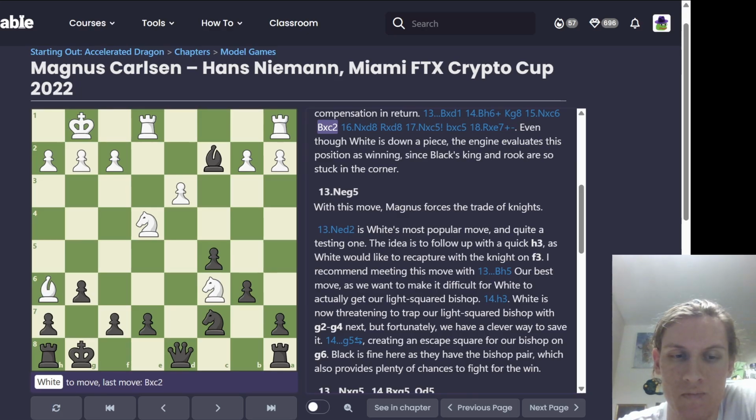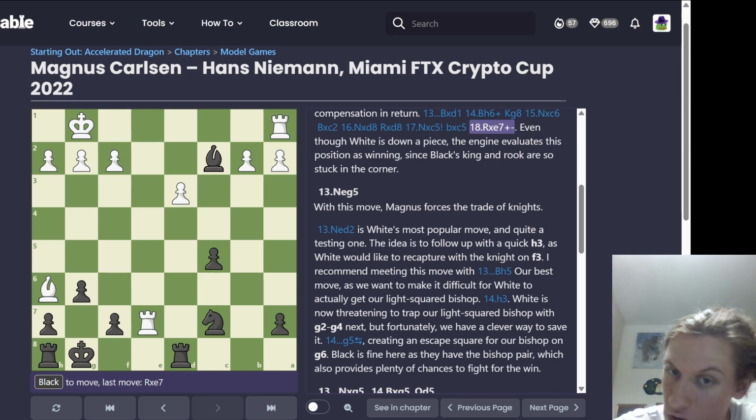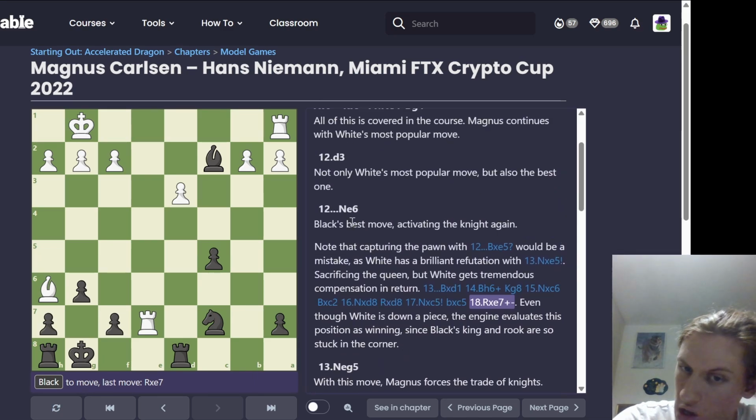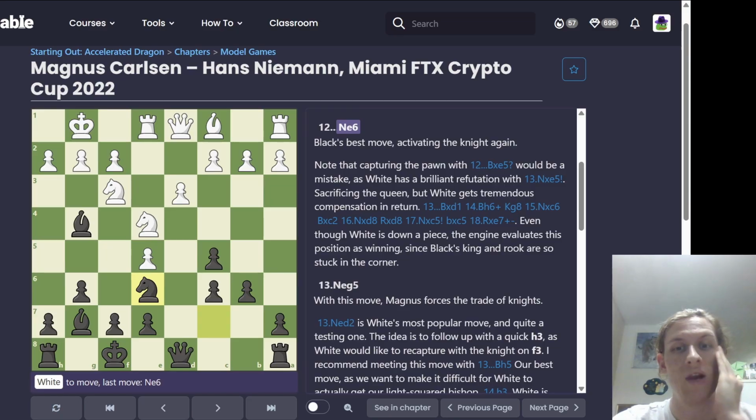And knight takes c5, crazy move. Even though white is down a piece, the engine evaluates this position as winning since black's king and rook are so stuck in the corner. Okay. So, you know, there are some crazy engine lines, but